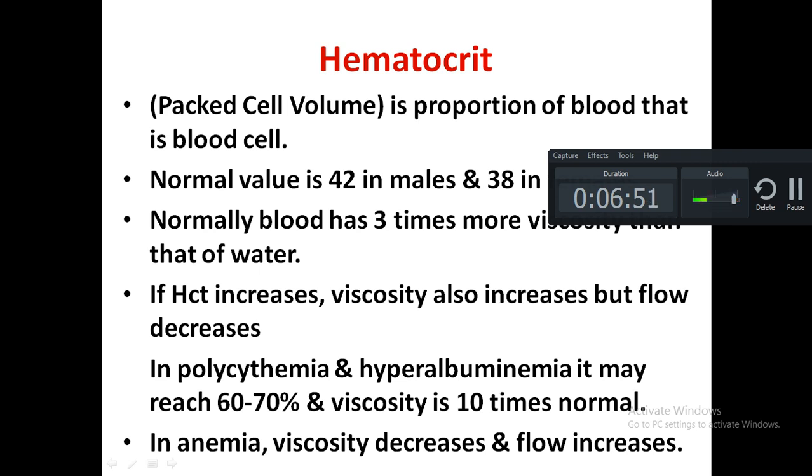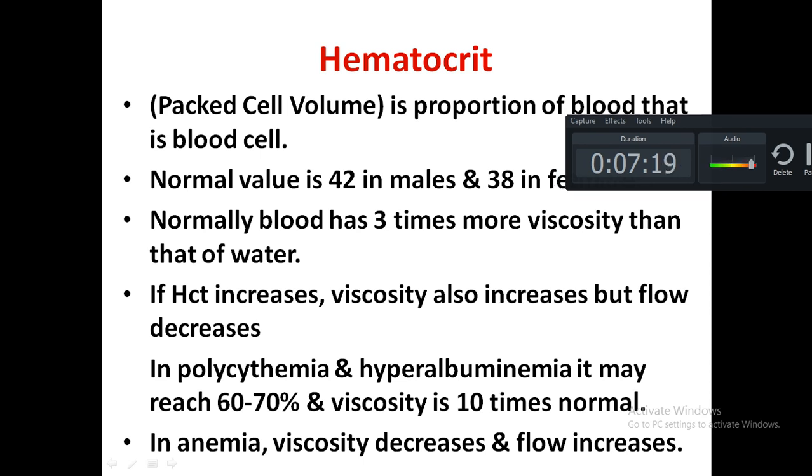Another very important factor that is involved in regulating blood flow is the hematocrit, also called the packed cell volume, which is the proportion of blood that is blood cells. Now, the normal value of hematocrit is 42 in males and 38 in females. This means that if we